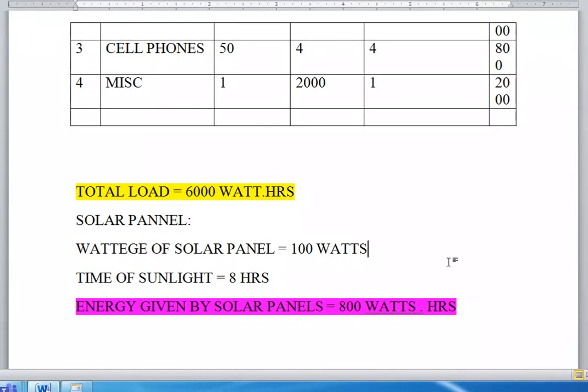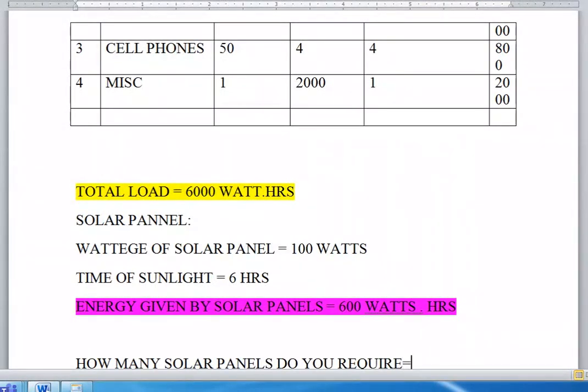Very good. So now because of some safety or easy in calculations, remember I will put 6 hours on it. So this will become 600. No problem, nothing will happen. For simplicity, I am showing you this. So now, dear children, the most important thing is how many solar panels do you require?